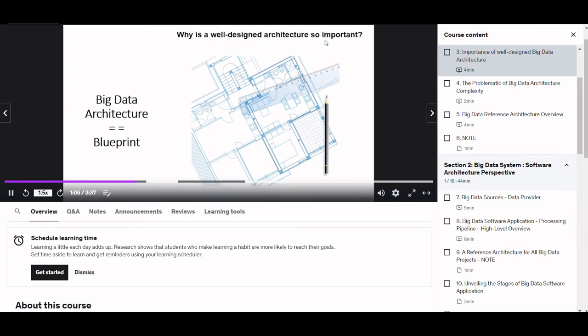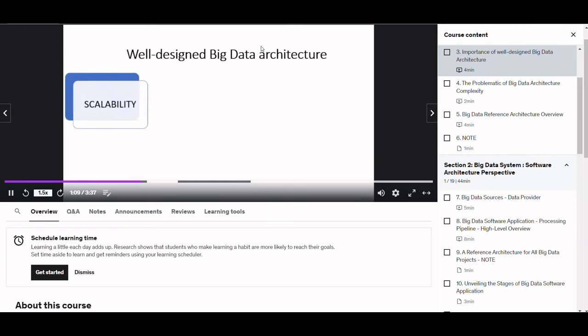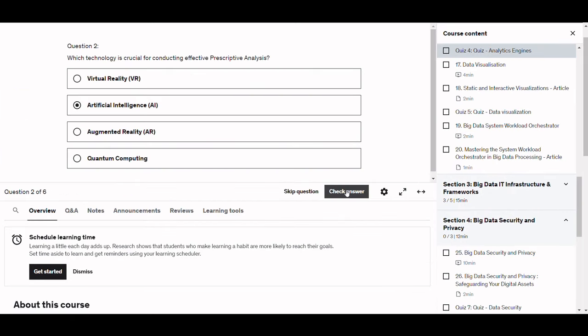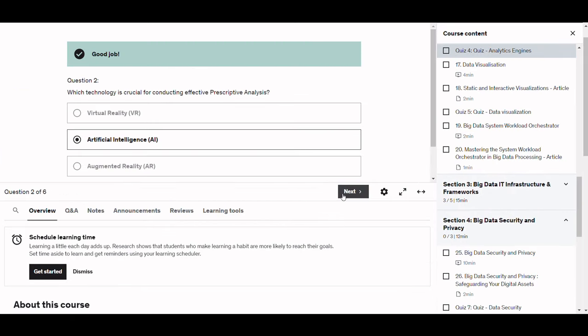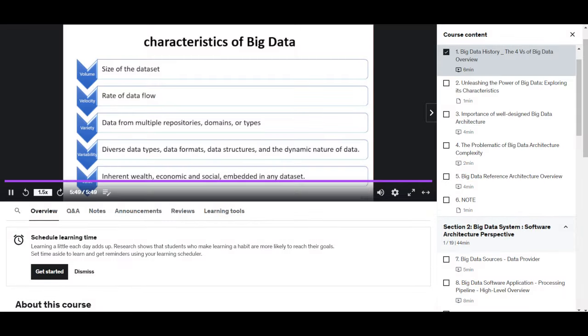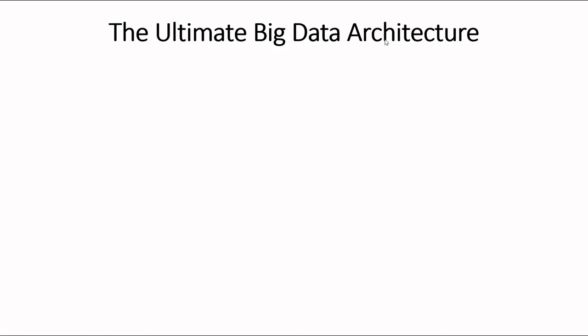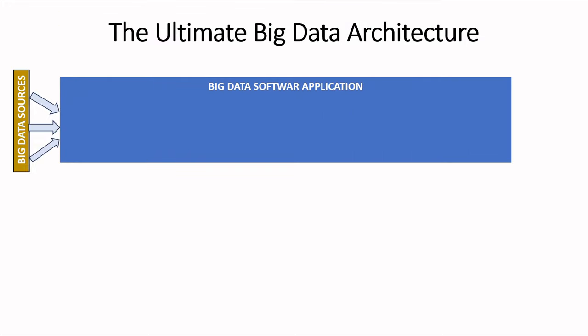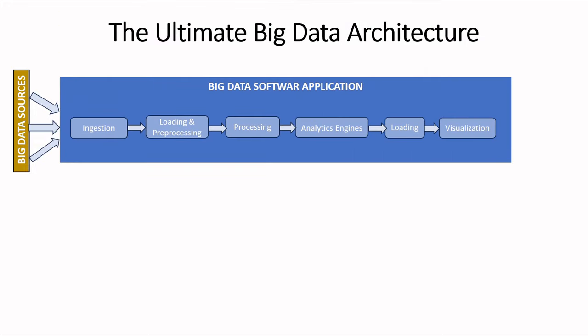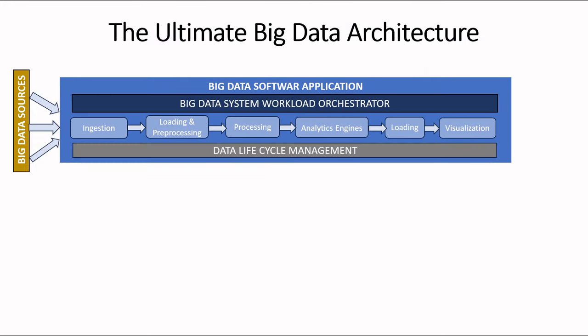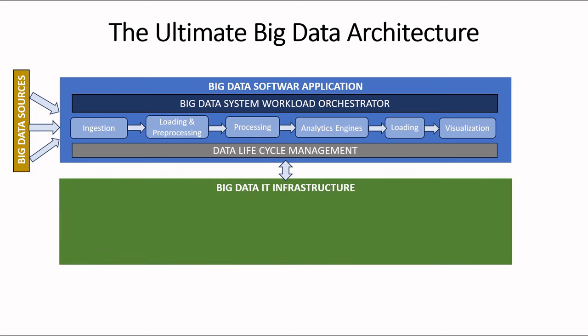In this course, I will teach you everything you need to know about big data architecture, from the basics to the advanced. We'll start by discussing the history of big data and its characteristics. Then, we'll take a deep dive into the Big Data Complete Reference Architecture. This model is designed to be general and standardized, providing logical support for any big data architecture in various business